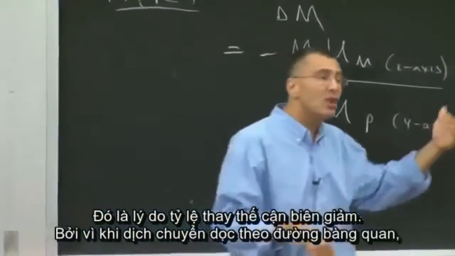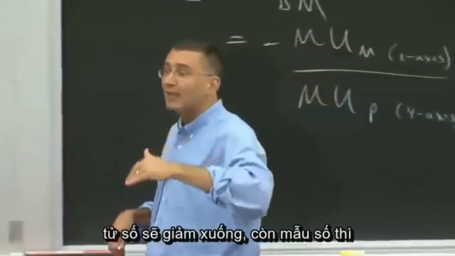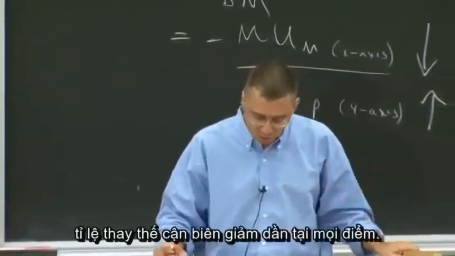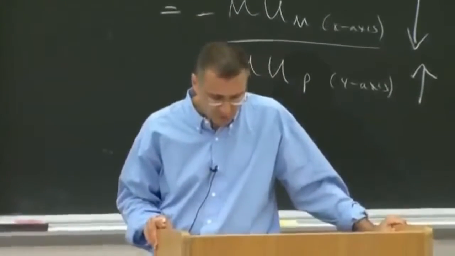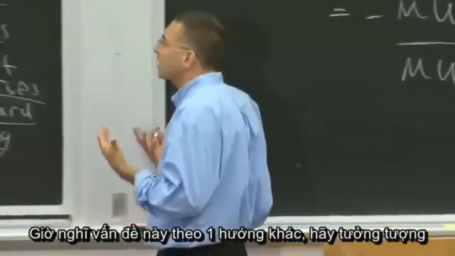That's why it diminishes, because as you move down that curve, the numerator is falling and the denominator is increasing. And that's why I have everywhere diminishing marginal rates of substitution, okay? So another way to think about this